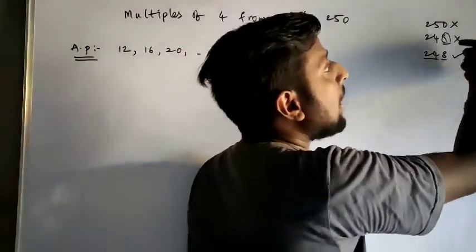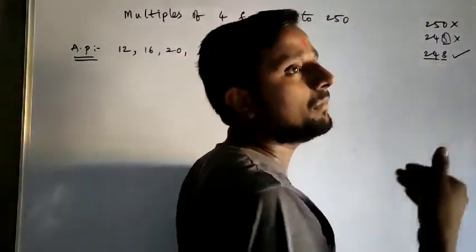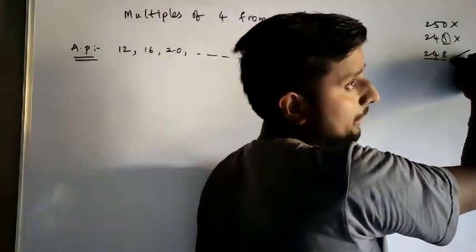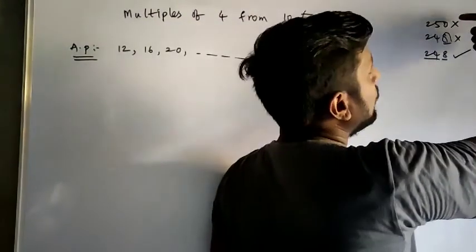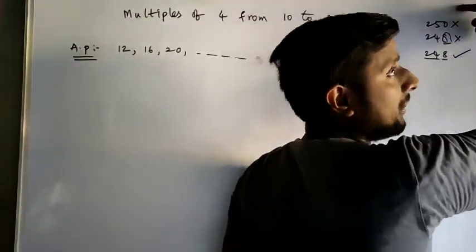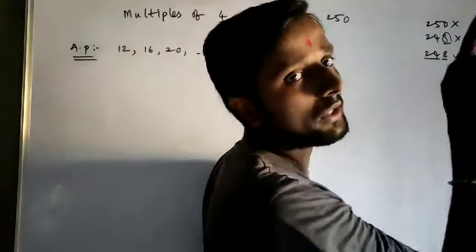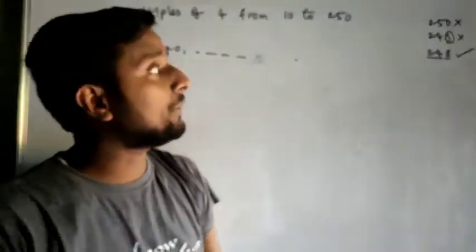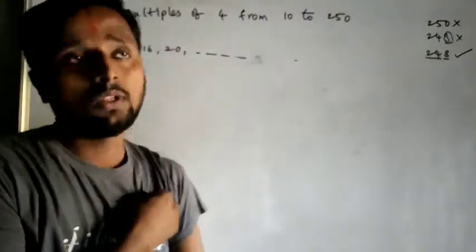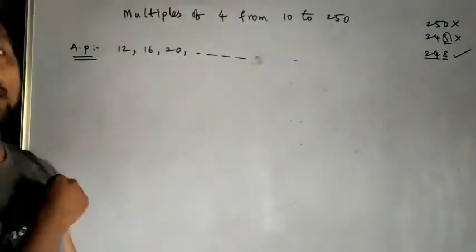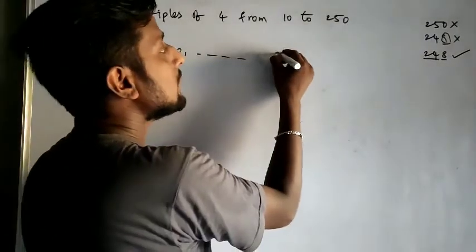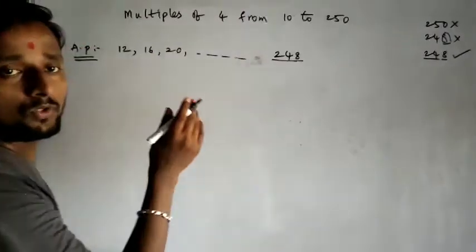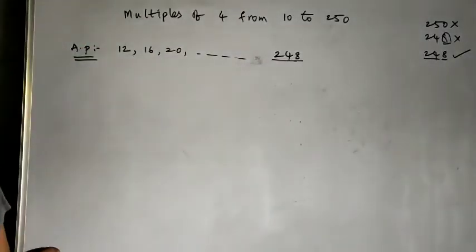If you want one more divisible number larger than 248, I am talking about multiples of 4, that means after 4 numbers the same kind of number will come which is divisible by 4. 248 first number, 249 first number, 250 second number, 251 third number, 252 fourth number. So after 248 the divisible number by 4 is 252. But our limit is up to 250 only, so the highest number we can take is 248.